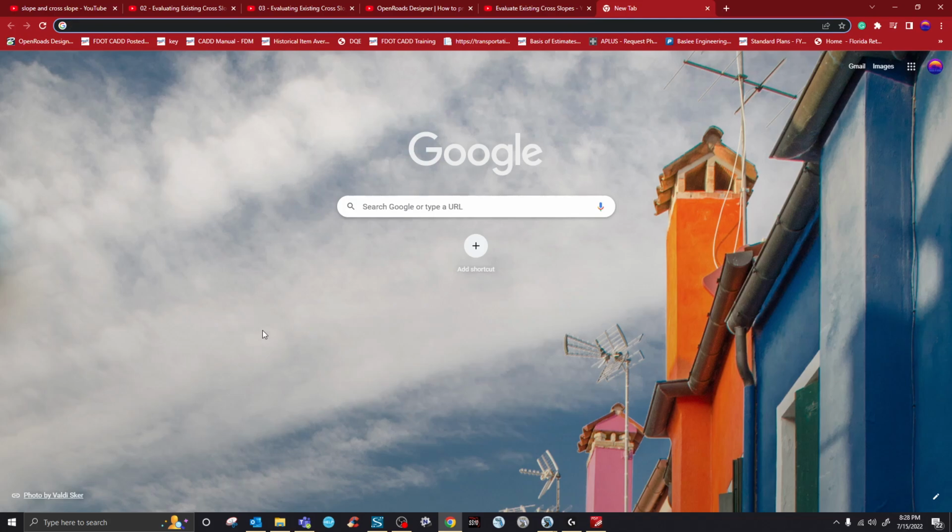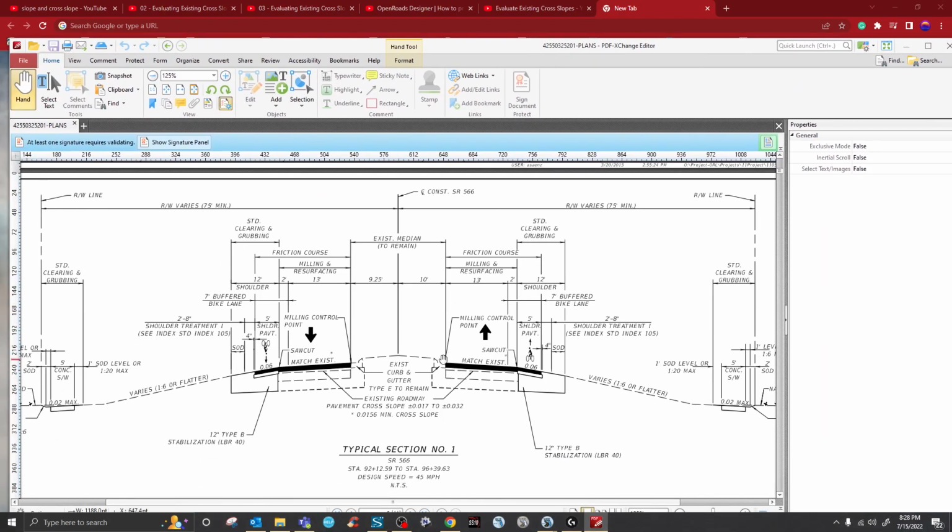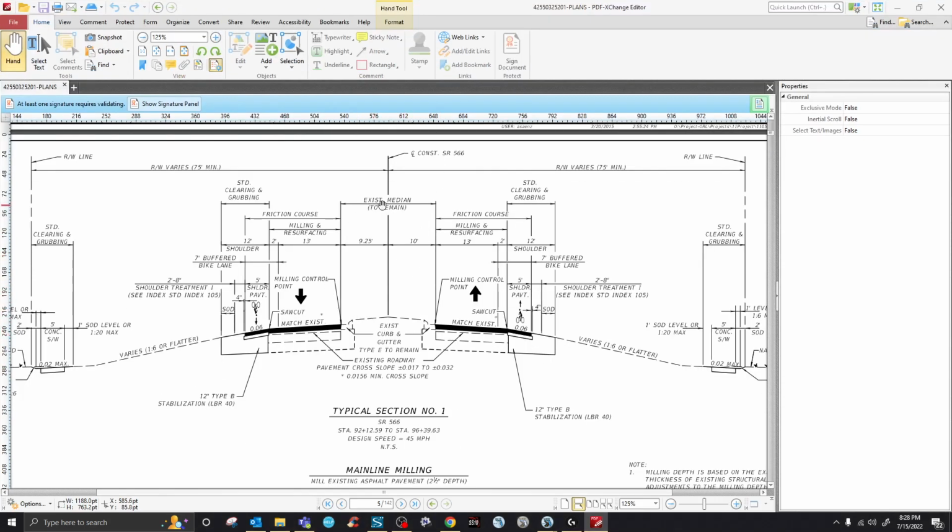Okay, in this video, I want to show, let me just show this. This is a typical section. I want to show a way in OpenRoads Designer how to evaluate existing slopes in the travel lanes, especially for unique projects, the projects that are not just straightforward, the ones that do